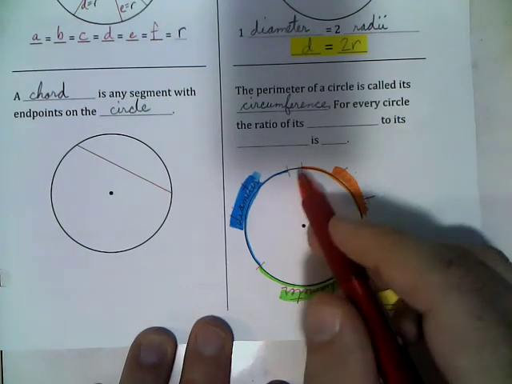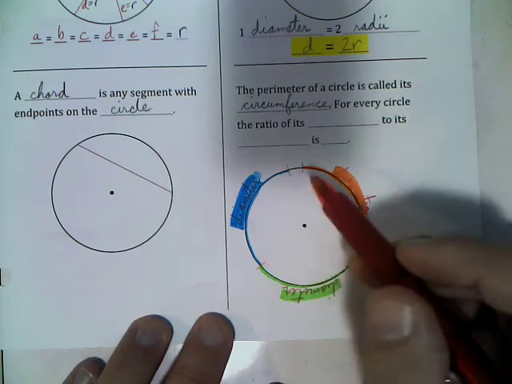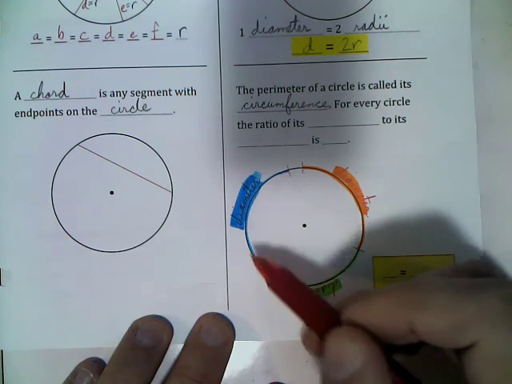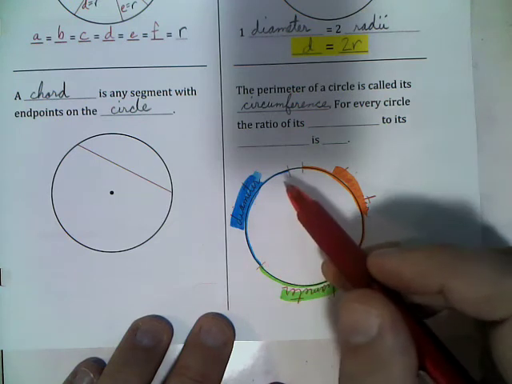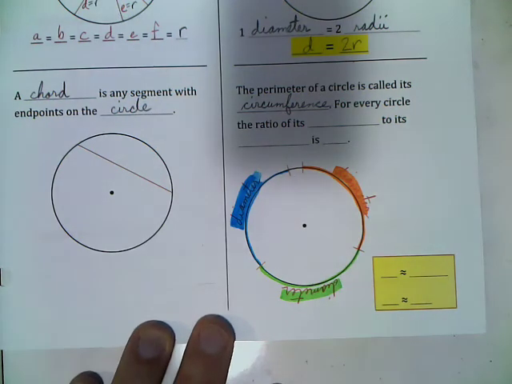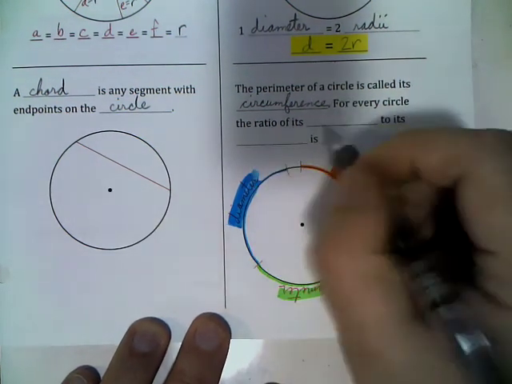There's going to be a little bit extra. So it turns out that for every circle, you can get 3 of its diameters around the circle with a little bit extra. And the reason for this is that for every circle, the ratio of its